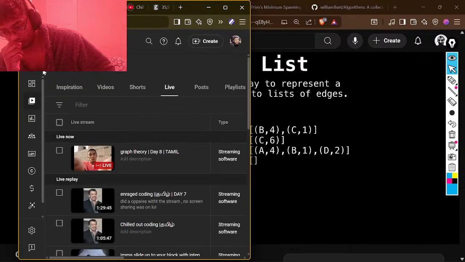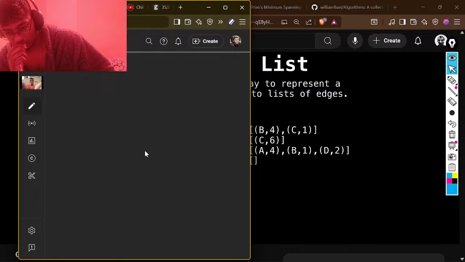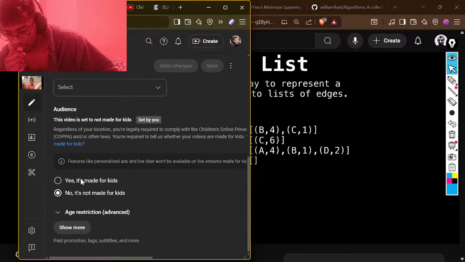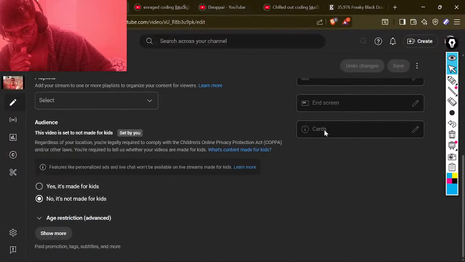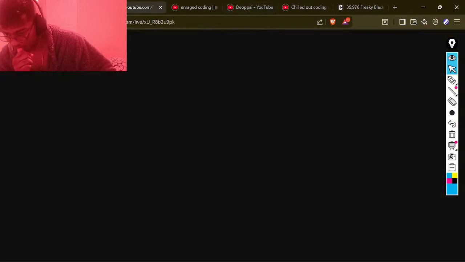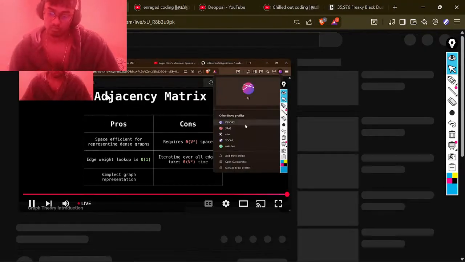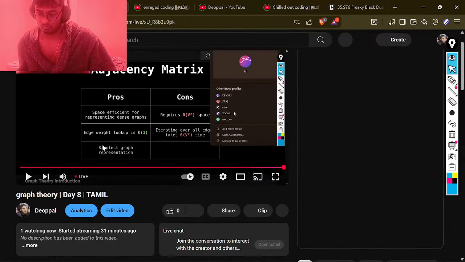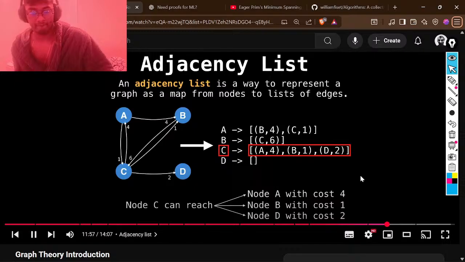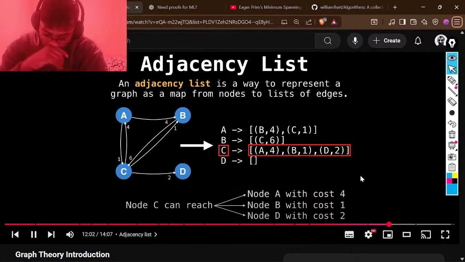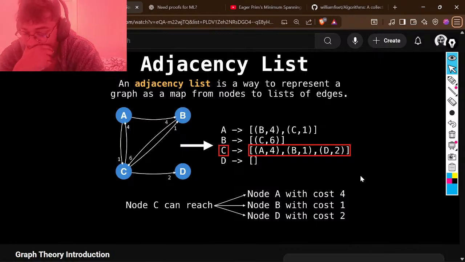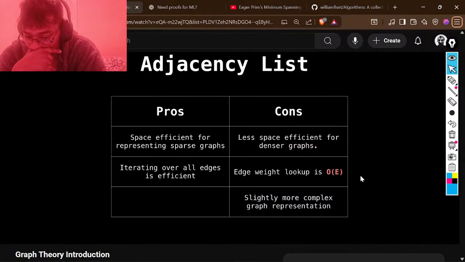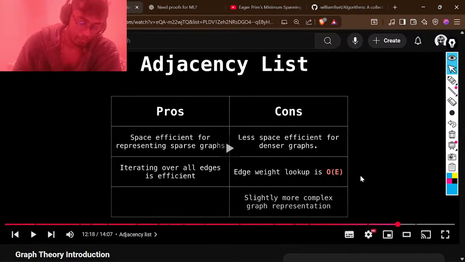The main alternative to the adjacency matrix is the adjacency list, which is a way to represent a graph as a map of nodes to a list of edges. The idea is that each node tracks all of its outgoing edges. For example, node C has 3 outgoing edges, so the map entry for C will track the edge from C to A with cost 4, the edge from C to B with cost 1, and the edge from C to D with cost 2. Notice that in the list of edges, we only need to track 2 things: the node we're going to and the cost to get there. We don't need to keep track of where we came from because that's already implicitly known. The nice thing about adjacency lists is that they are great for sparse graphs because they only track the